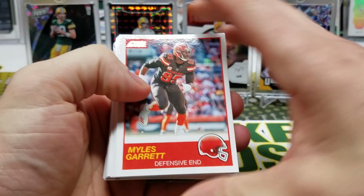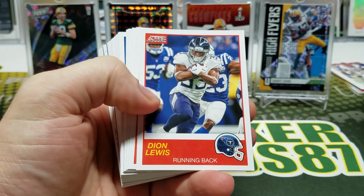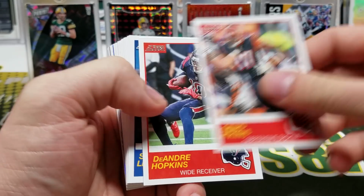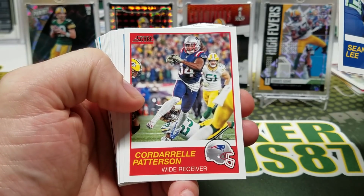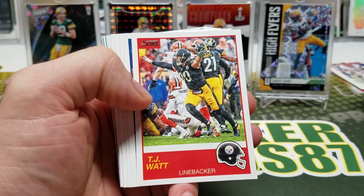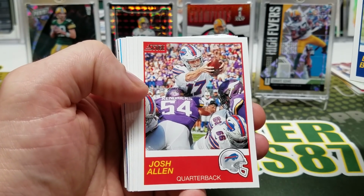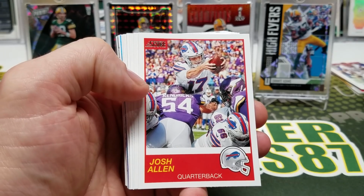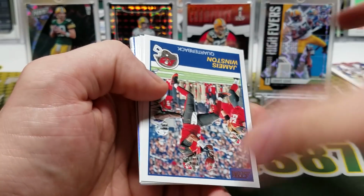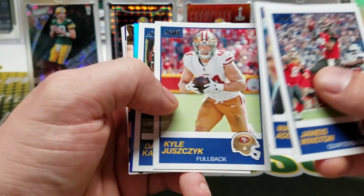All right, Myles Garrett, DJ Chark. Let's see. Eric Berry, Dion Lewis, Sutton, Gus Edwards, Derek Carr, Atkins, Hopkins, Sean Lee, Cordarrelle Patterson, Lawrence, TJ Watt. Nice photo of him. LeGarrette Blount, Josh Allen, that extension. Tavius Murray, Josh Rosen, Rodgers, Jameis Winston, Frank Clark, Mario Addison, Juszczyk,